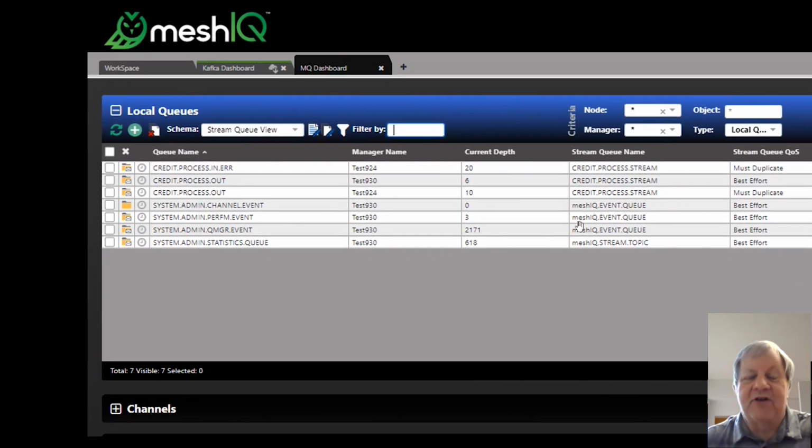So again, this was across my entire environment, which again, pretty simple, but imagine this could be your entire environment, all of your queue managers, whether they be Linux, Windows, z/OS, AIX, appliances, you name it. I want to just know where all my streaming queues are. I can bring that one list up here on one screen.